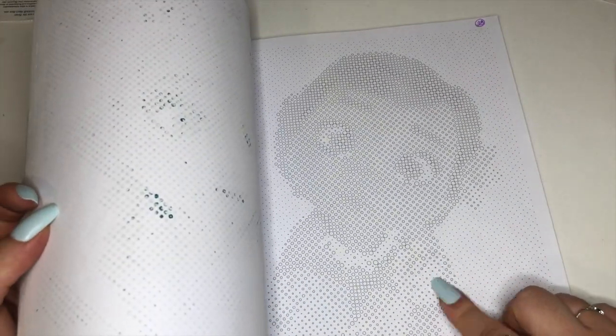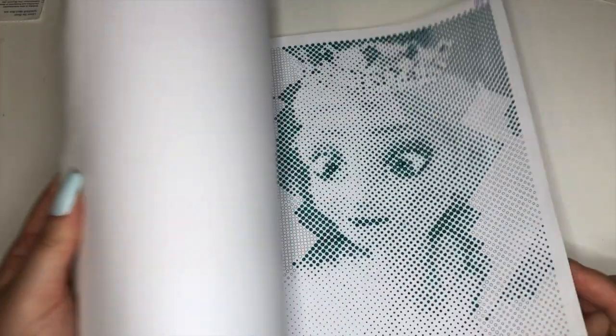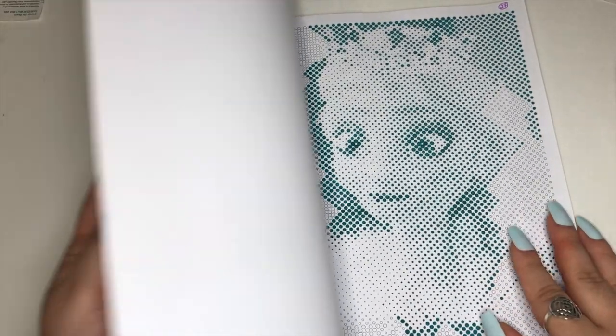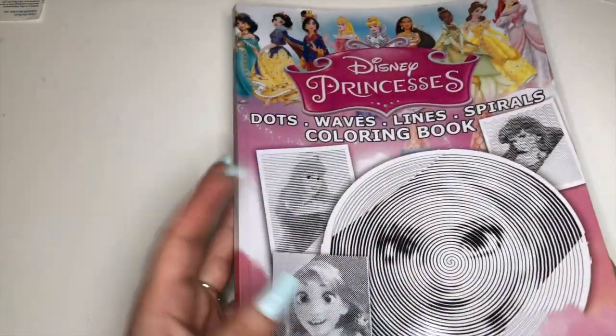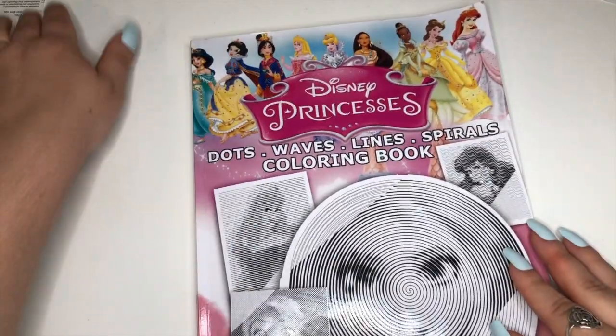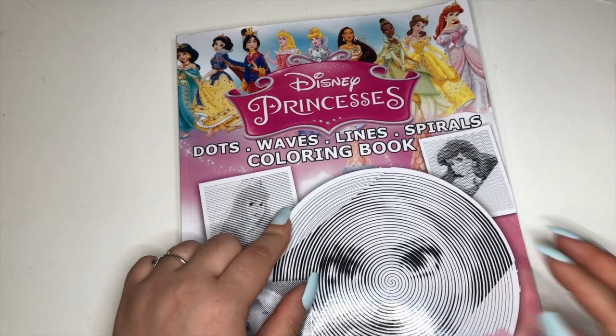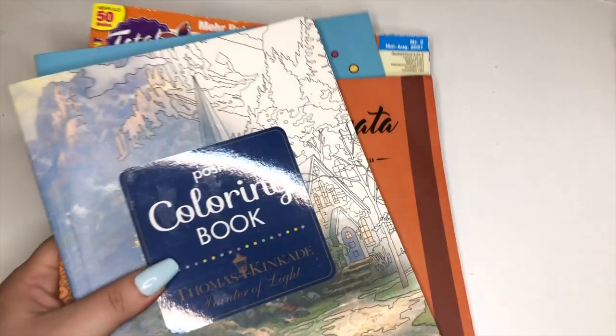Oh, there's a Mulan, Moana. Dots are not my favorite. This is the one I'm currently working on. Obviously, it's Elsa. Just because they take a long time. I don't know why, but it really turns me off. I prefer the spirals. And then I have a couple of books that I actually haven't worked in yet, so